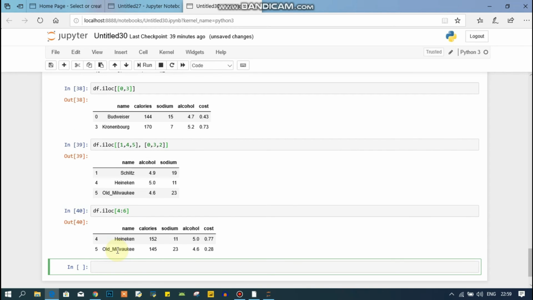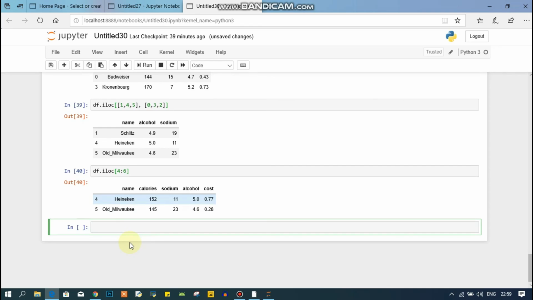You can see that I got the range from 4 to 6, that is 4 to 5. I wanted 4 to 5, so I needed to pass one extra value, that is 6, and I got 4 and 5. All the number ranges from this method. So this was about the rows. Now let's suppose I want to get all the values of rows and columns in some ranges. Now let's see how I can do this.